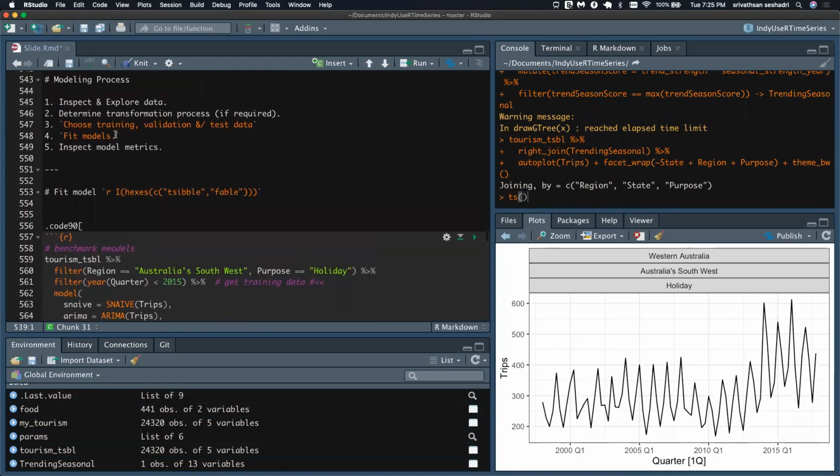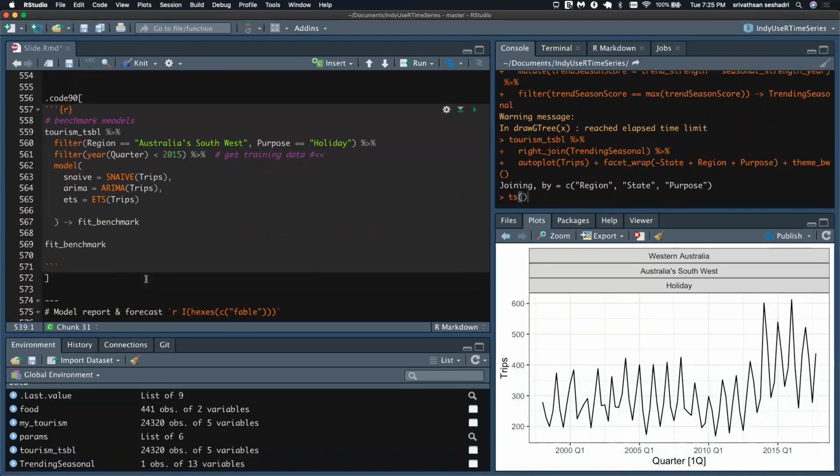We're going to attack fitting the models as well as deciding the training and validation step in a single step, okay? Unlike if you've used the forecast package, you would use the window function to separate out the training data, fit the model, then you have to separate out the test data and then compare. It's kind of tedious, right? Here you can do several things at the same time.